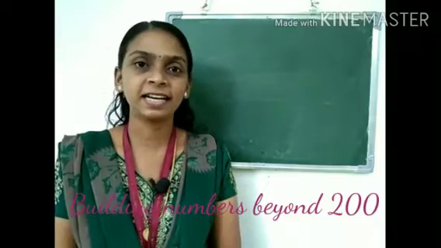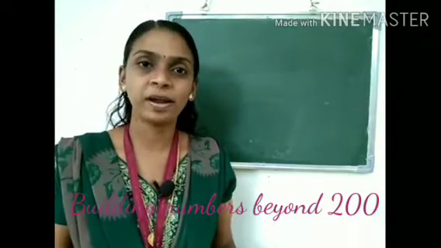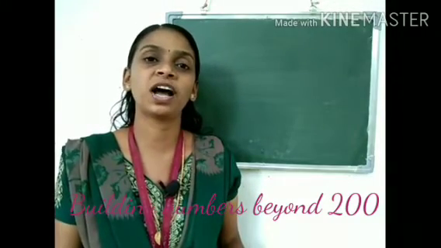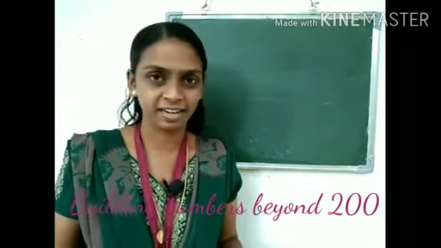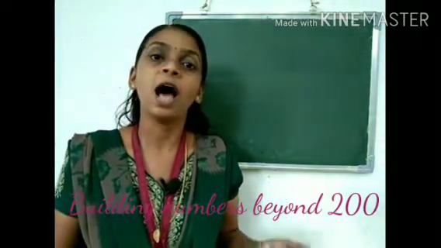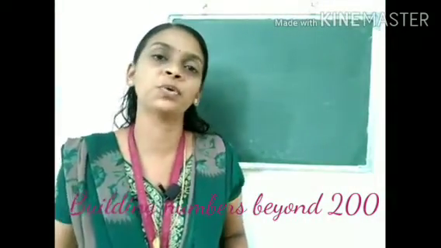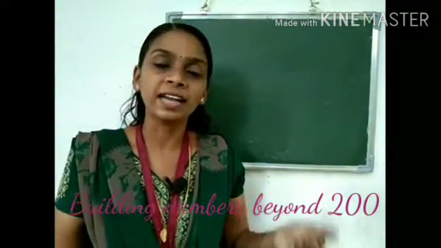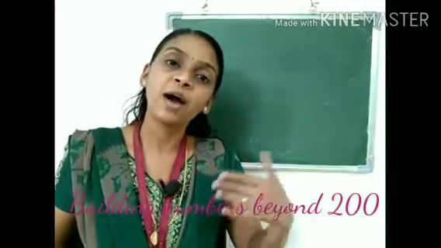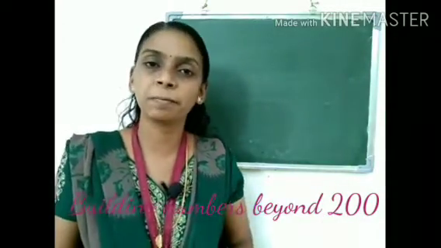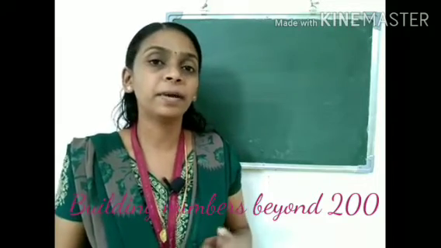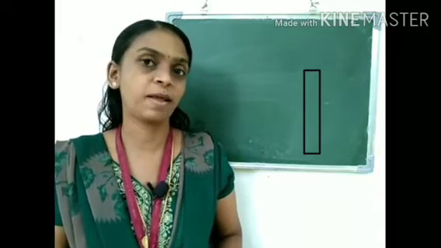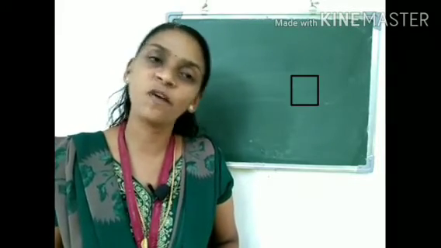We already studied numbers up to 200, how to build the number, how to write the number name, how to represent it on a place value chart. So in this chapter we studied how to write the numbers beyond 200, how to represent them on a place value chart, how to write the number name, and how to write the number from a given picture representation. Then we studied that the big square denotes the hundreds place, the long rectangle row denotes the tens place, and the small square denotes the ones place.